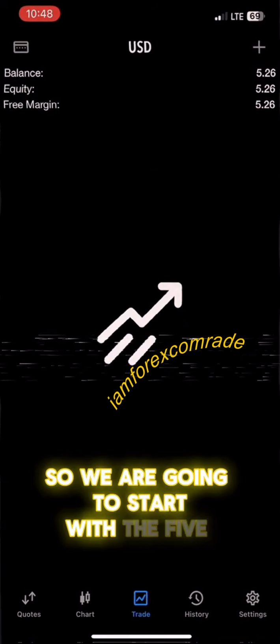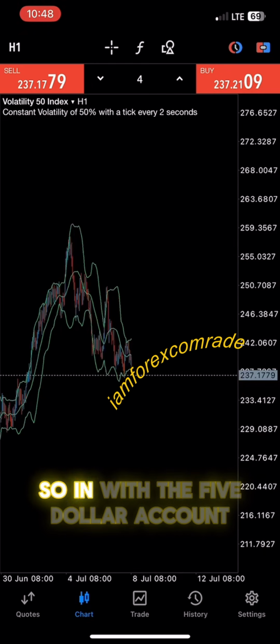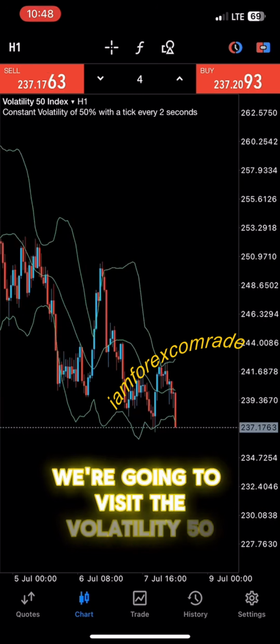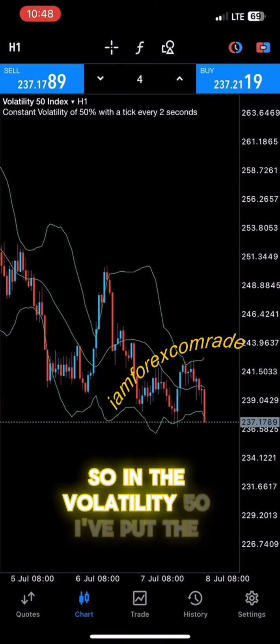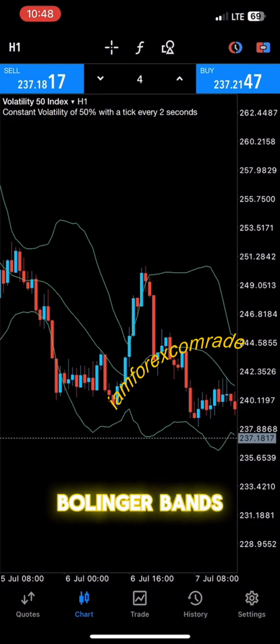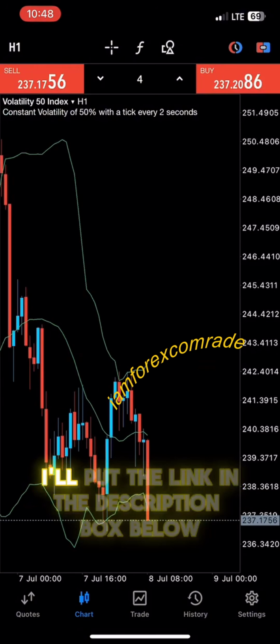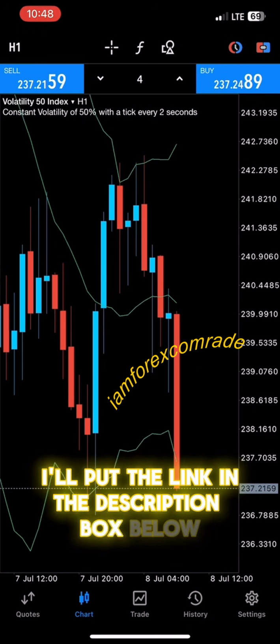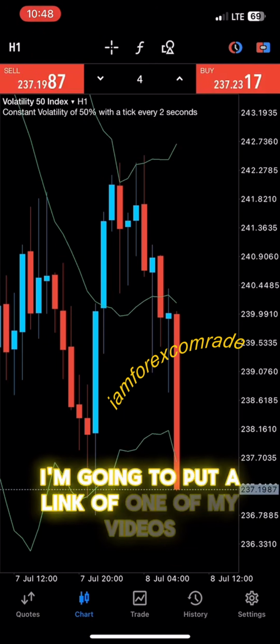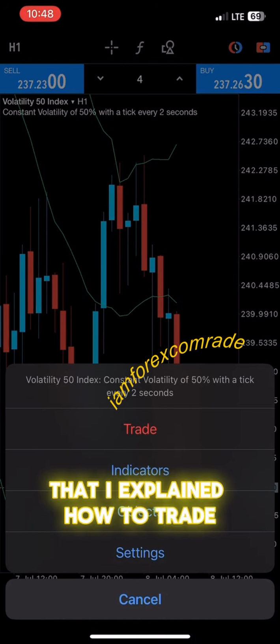So we are going to start with the $5 account. With the $5 account, we're going to visit the Volatility 50. In the Volatility 50, I've put the Bollinger Bands. If you don't know how to use the Bollinger Band strategy, I will put the link in the description box below. I'm going to put a link of one of my videos where I explained how to trade the